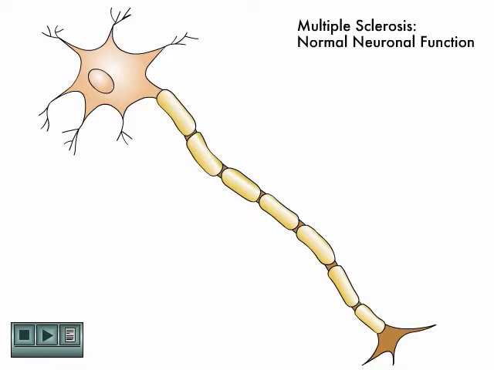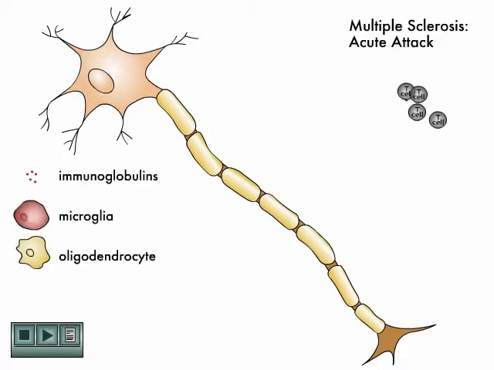We first see the normal mode of neuronal impulse conduction, which proceeds along the nerve axon from a stimulated nerve cell and bounds from one node of Ranvier to the next. The CNS contains small venules which get leaky in response to a variety of different factors, including activated T cells,